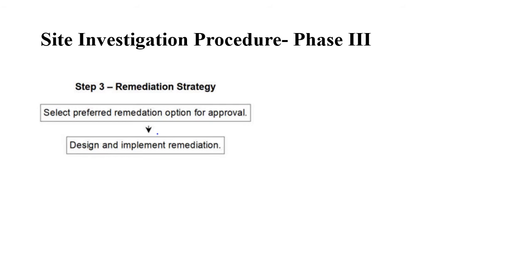Now that remediation technique can be applied either in situ or ex situ. In situ means you can conduct the remediation technique within the site itself. Ex situ means you will have to excavate the whole contaminated soil, take it to somewhere else, that is outside the site, and do the remediation technique, and then bring back that soil and dump it in the land. That is, you are remediating it somewhere else outside the site, because you cannot apply a proper technique within the site. So either an in situ technique or ex situ technique will be chosen as a remediation technique, and that has to be applied.